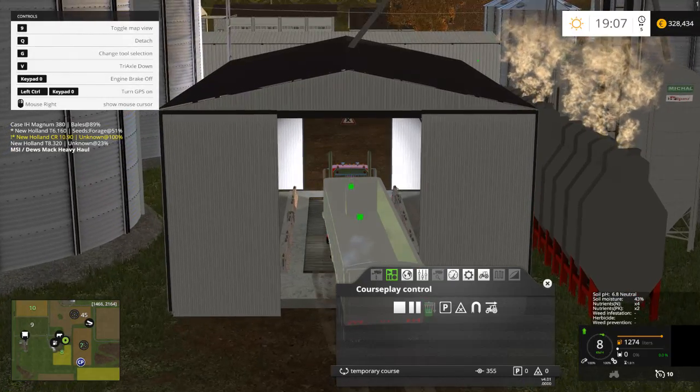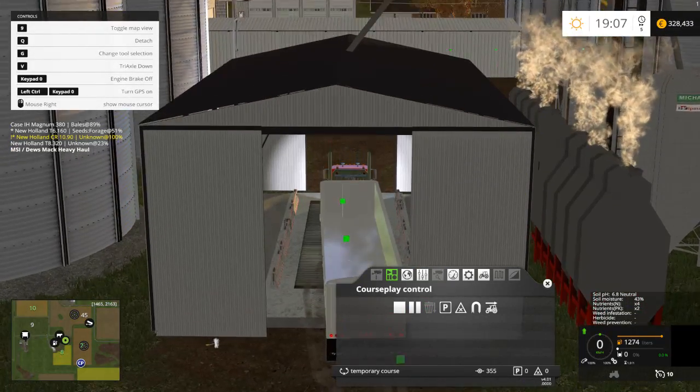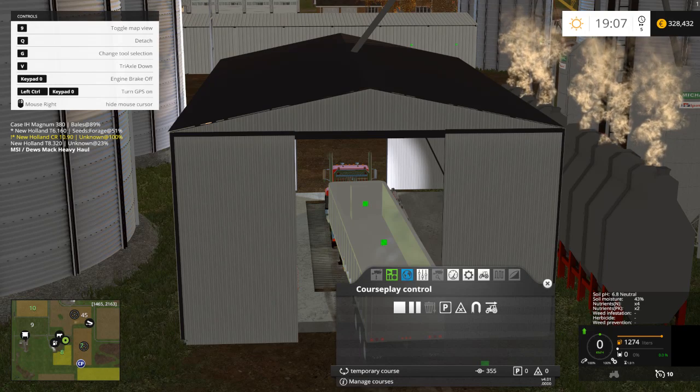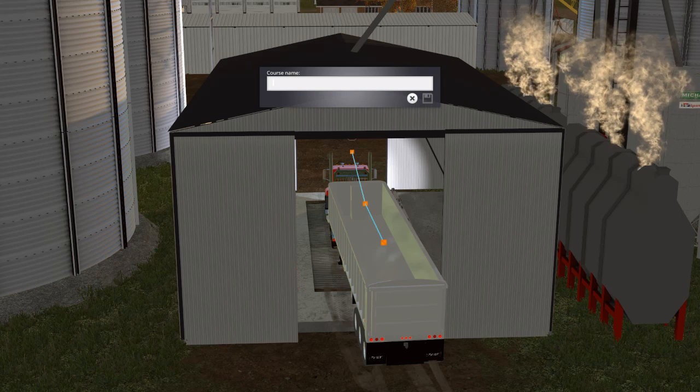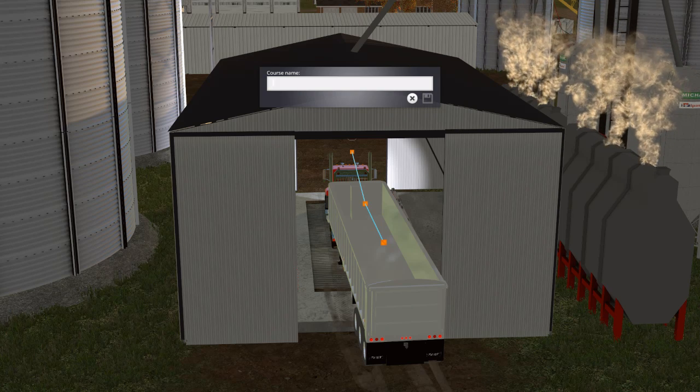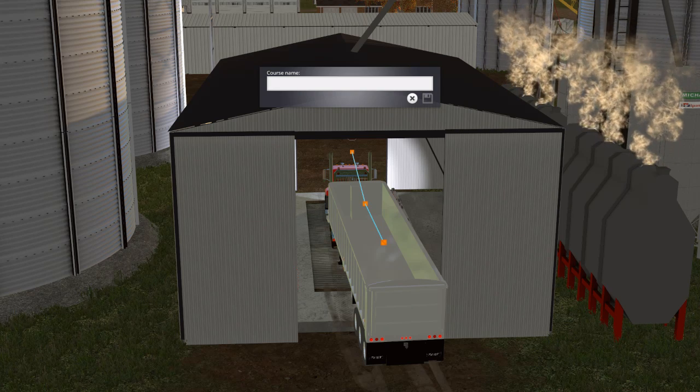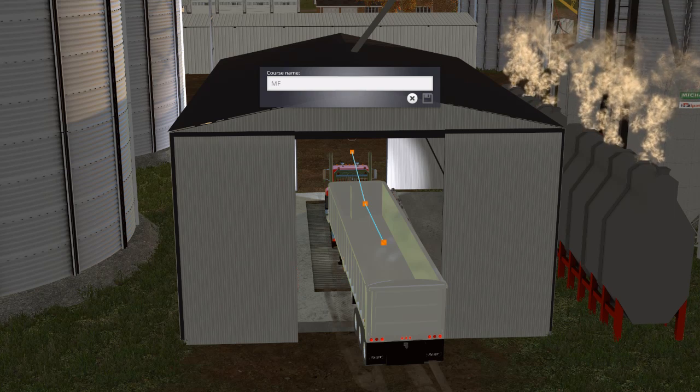Stop just short of the fill point, and you hit stop and save it as main farm to